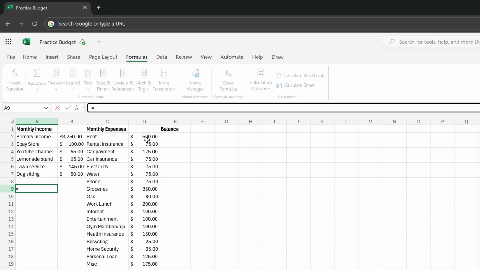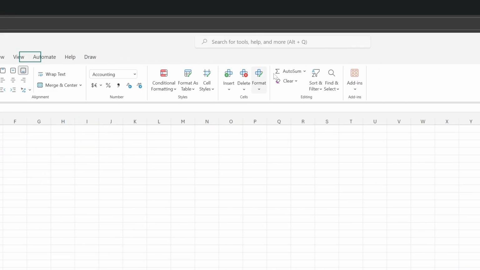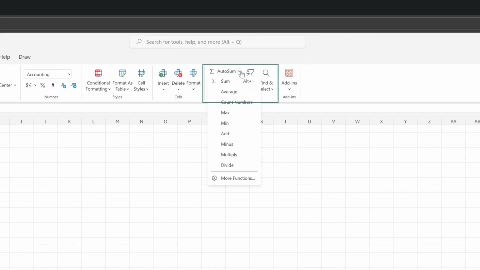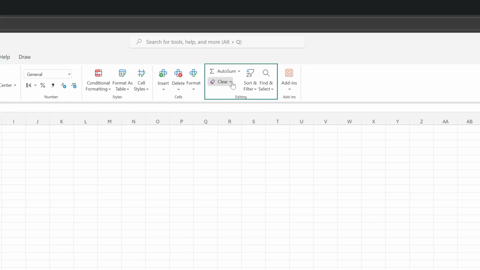Tip: After typing the equal sign, you can click on a cell to automatically insert its address into the formula. Need to adjust or work with your data? Go to the Home tab and open the Editing menu. The Editing menu includes Auto Sum, which quickly adds the selected cells, Fill, which extends the patterns or series, Clear, which will remove the content or formatting.